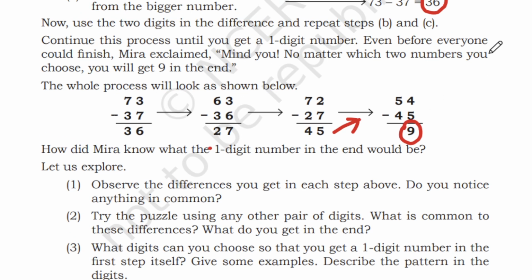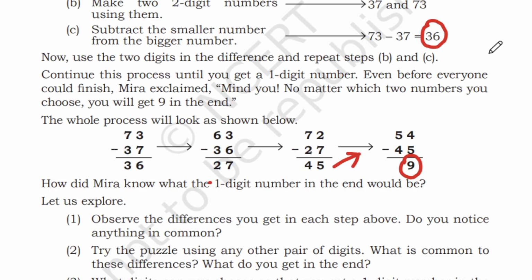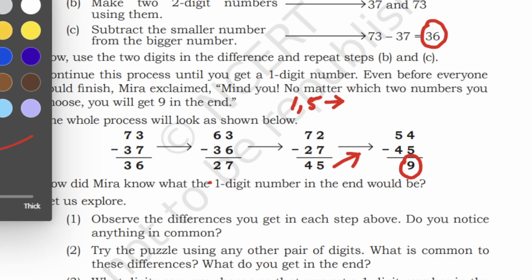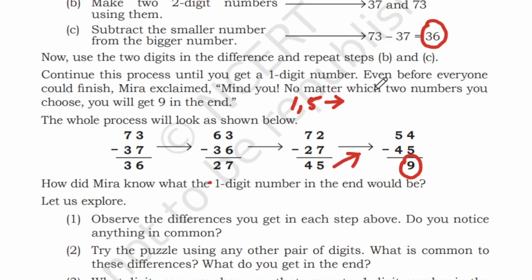Okay, let's also try with some other digits. Let's try with the numbers 1 and 5. Okay, I'm taking 1 and 5. Let me reduce the thickness of my pen. So two digit numbers, you will get 51 and 15. So I'm just subtracting. So 51 minus 15,